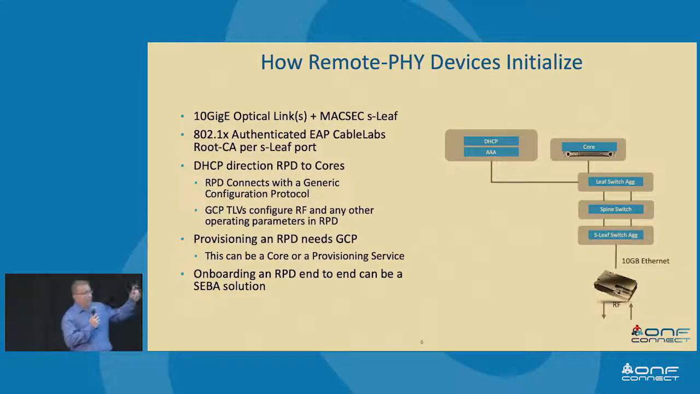But then in response, they're looking for DHCP to tell that device where the core is that they need to connect to. So that core connection occurs over this new protocol that was introduced by Cable Labs called GCP, Generic Configuration Protocol. It wouldn't be a good ONF show if we didn't have a lot of new acronyms, right? So this GCP conversation comes in, and the simple way to think about GCP is